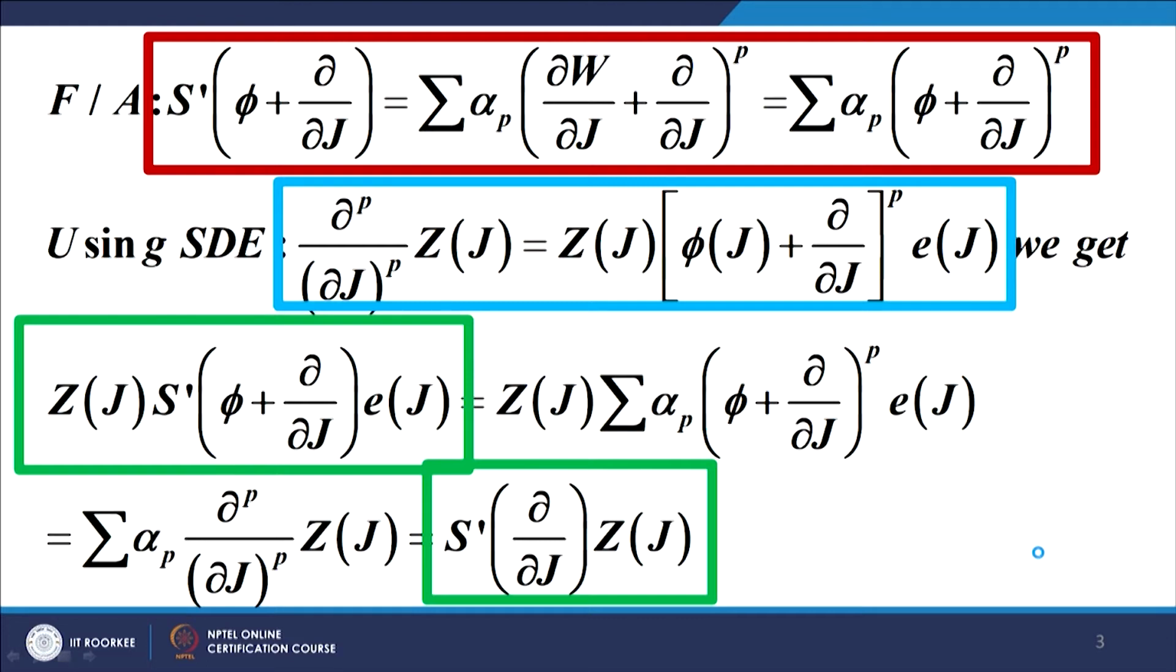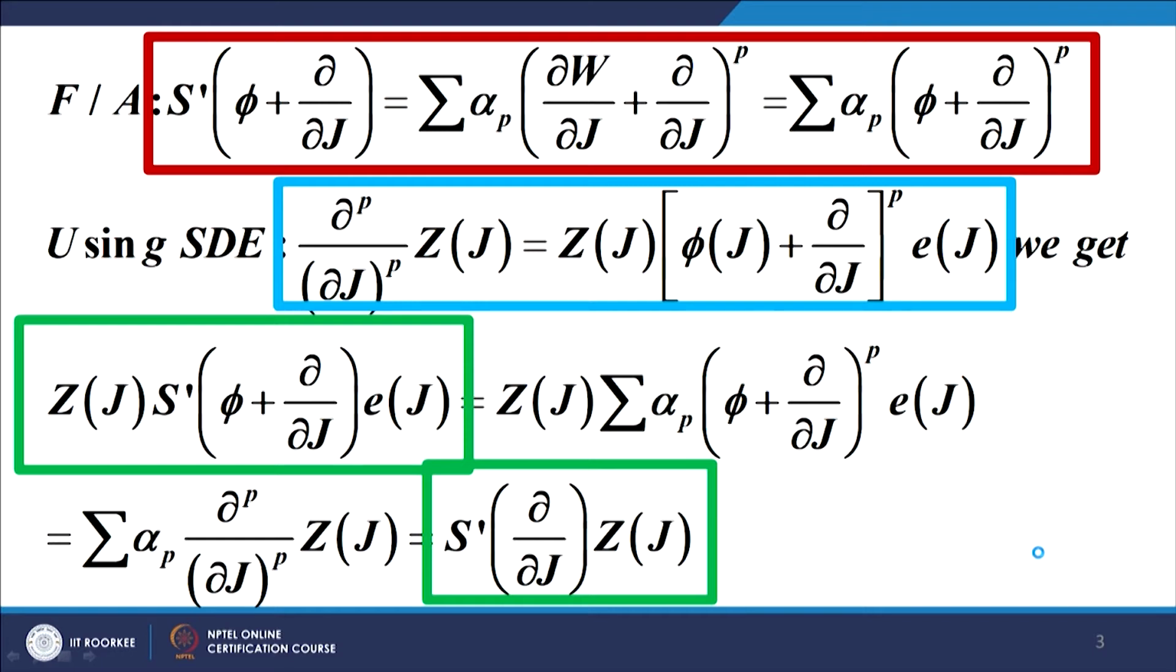Now, we also have from the Schwinger-Dyson equation that we worked out earlier for the field function, the expression that is given in the blue box: the pth derivative of Zj is equal to Zj into phi j plus d by dj to the power p Ej, where E is the unit operator. When you make use of this